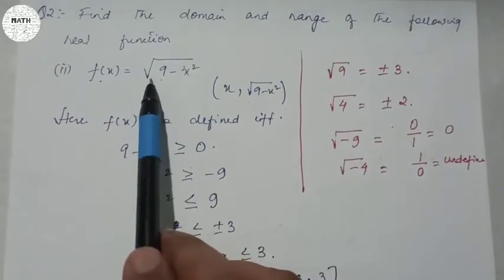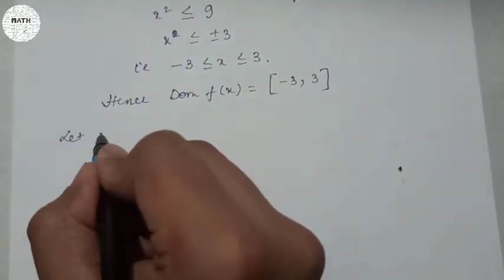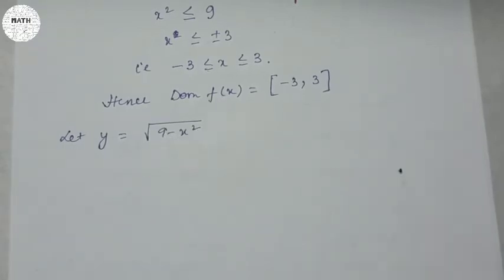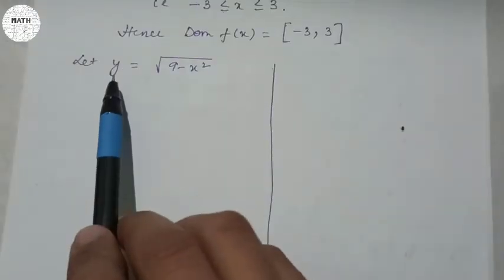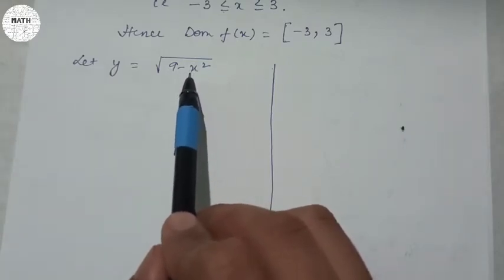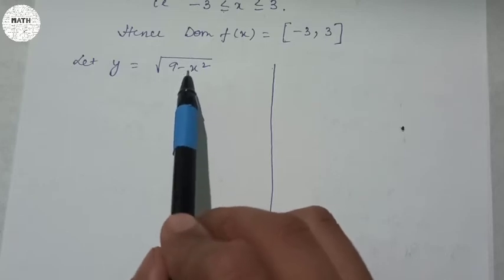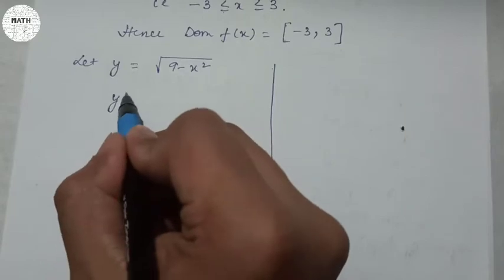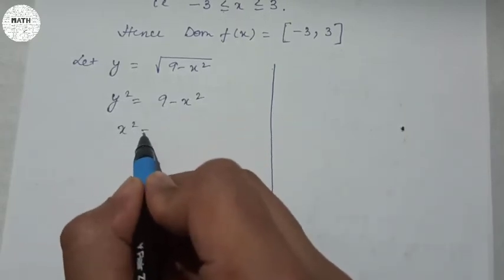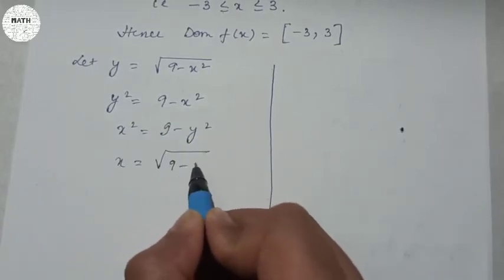Your range happens to be this one, so I'm gonna assume this one to be your y. So let y is equal to root over of 9 minus x squared. Okay, I'm taking y is equal to root over of 9 minus x squared, but our main agenda is to find the value of x, because in the question there is no y, only x is given. Okay, so I can say that y squared is equal to 9 minus x squared. So x squared is equal to 9 minus y squared. x is equal to root over of 9 minus y squared,